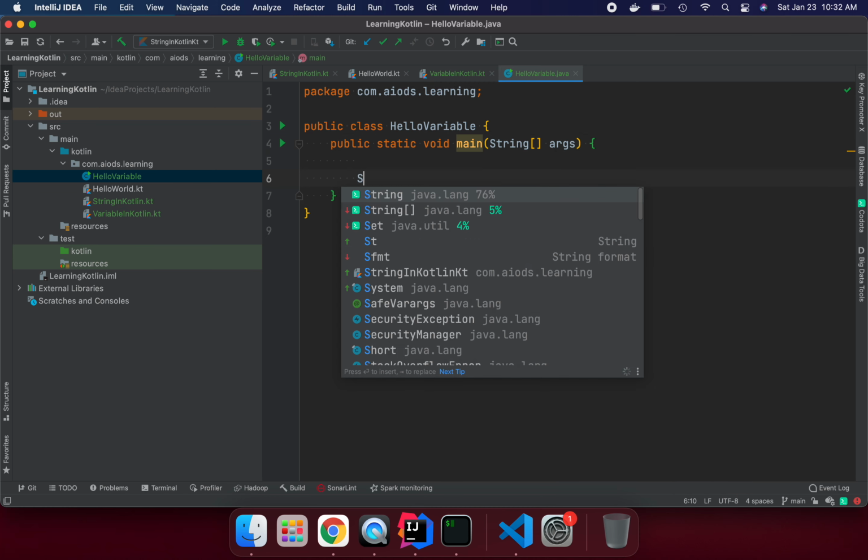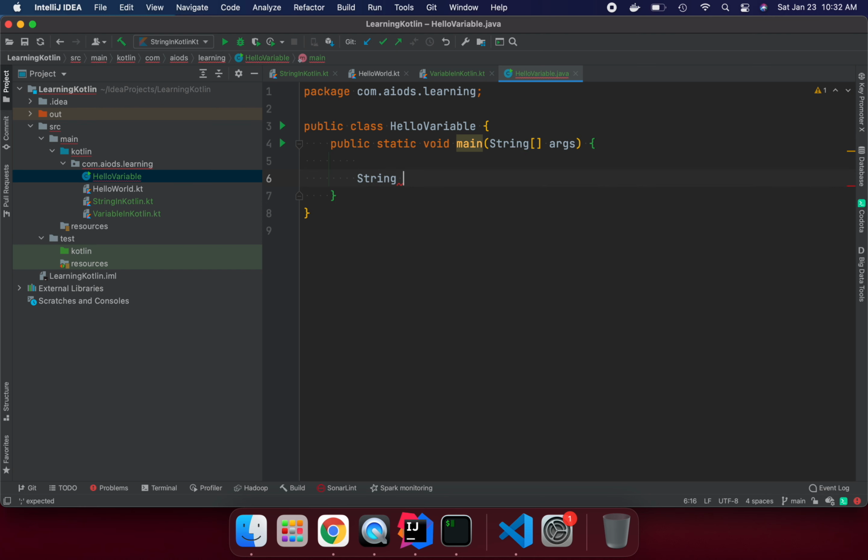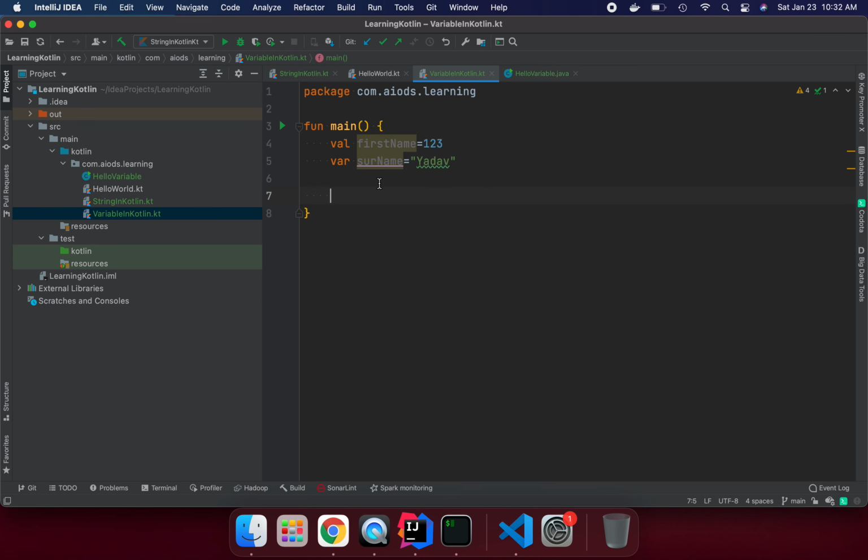If you want a string type, the one we did, String firstName is Sunil. We don't have type inference here; we have to define the string data type, but in Kotlin you don't need to. This is the main difference. So let's go back to variables in Kotlin.